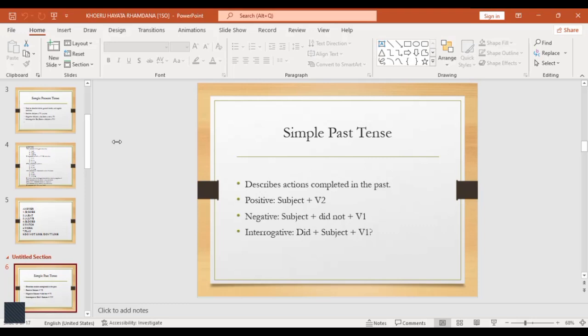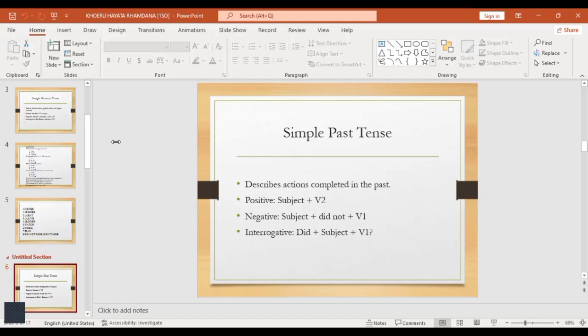Sentences in simple past tense usually use the second form of the verb. For regular verbs, we add ed to the base form of the verb. For example, he played soccer yesterday. For irregular verbs, we need to memorize their past forms, such as went from go, ate from eat, saw from see. For example, I saw a movie last night.